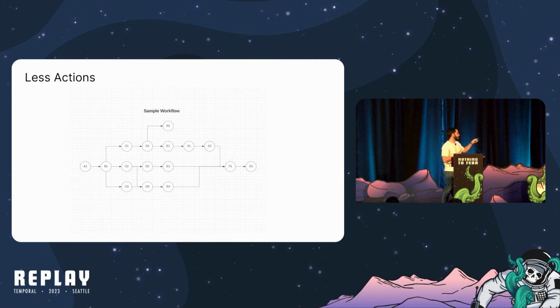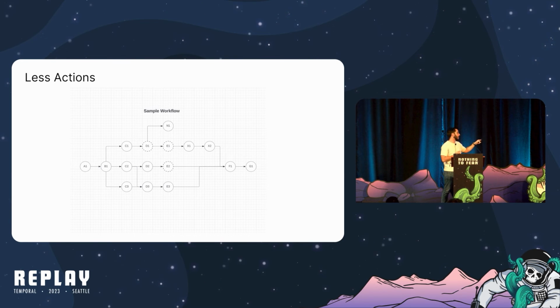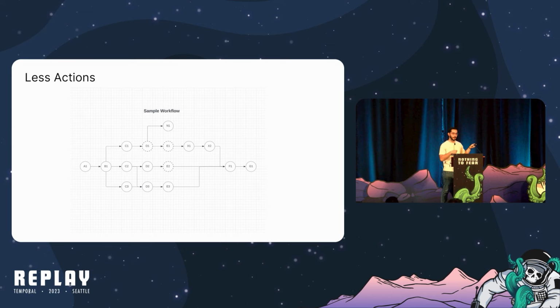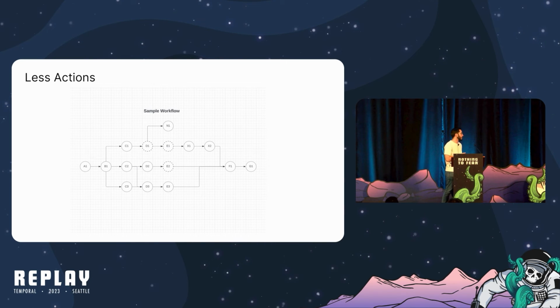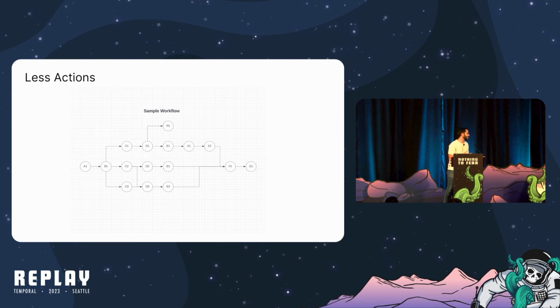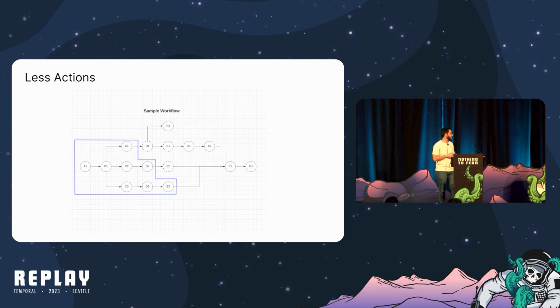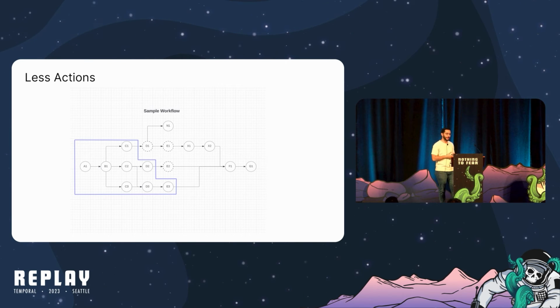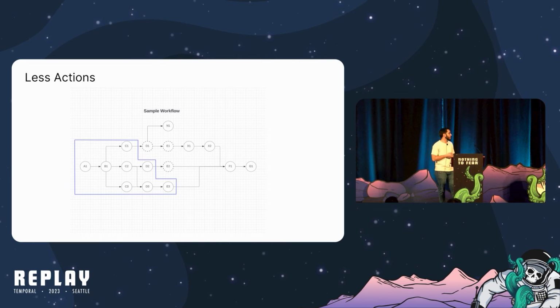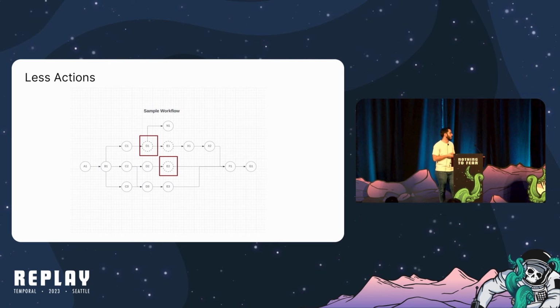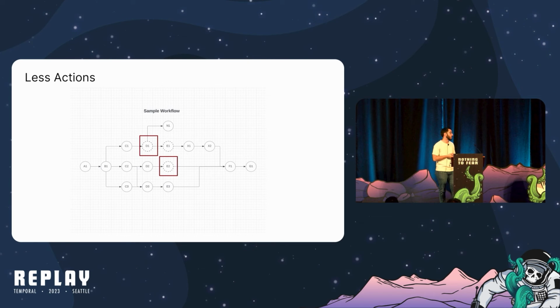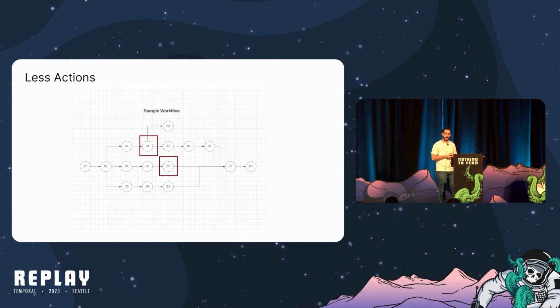Here you can see the solid line nodes are ones that cannot be retried, and the dashed line nodes are ones that can be retried. We changed our scheduling heuristic, and so all of these blocks we decided to just run in the same activity. Whereas other blocks like these that are retriable and need to be run durably, we ran in their own activity,